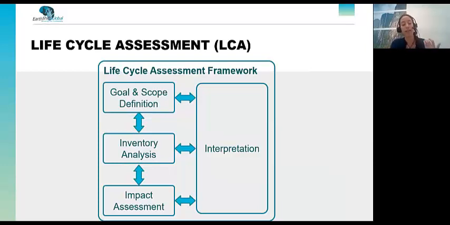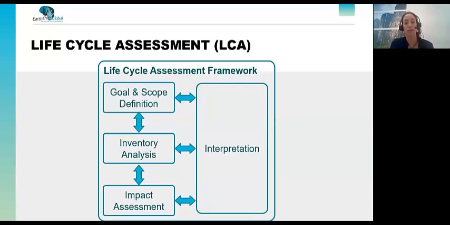The other part is inventory analysis. This is the data that we collect. As LCA practitioners, we know that this is tedious, burdensome work. And imagine doing this for a technology that is not at a fully commercial scale yet, that we're still tinkering with at the lab scale, and it's going to change with every experiment that we do.